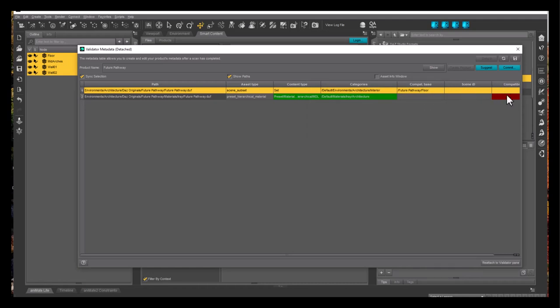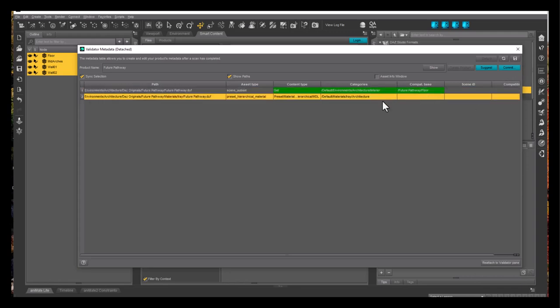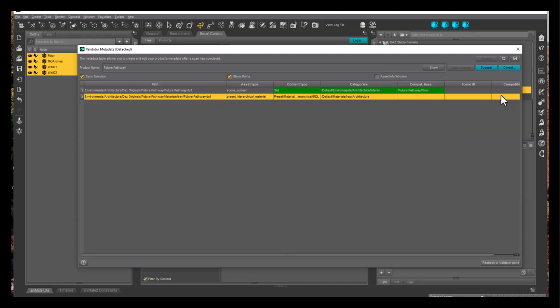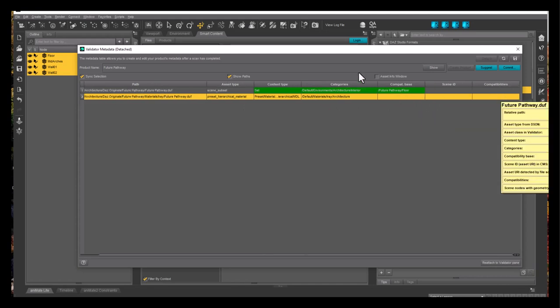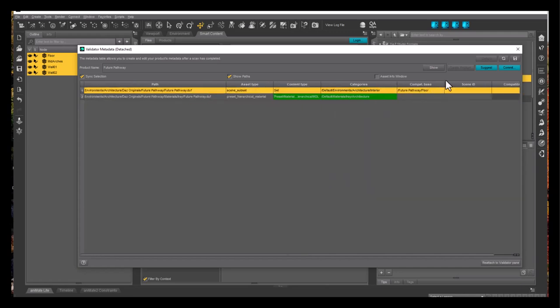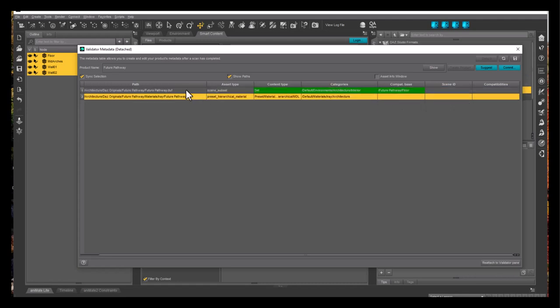Don't worry about the scene ID yet. After we commit the metadata, this will populate. This is a material. It does not get a compatibility base. It will, however, get a compatibility saying I work with this, right? So the set will not get a compatibility because it doesn't apply to anything. It just loads in. However, the material applies to the props, and that's hierarchical, so it applies